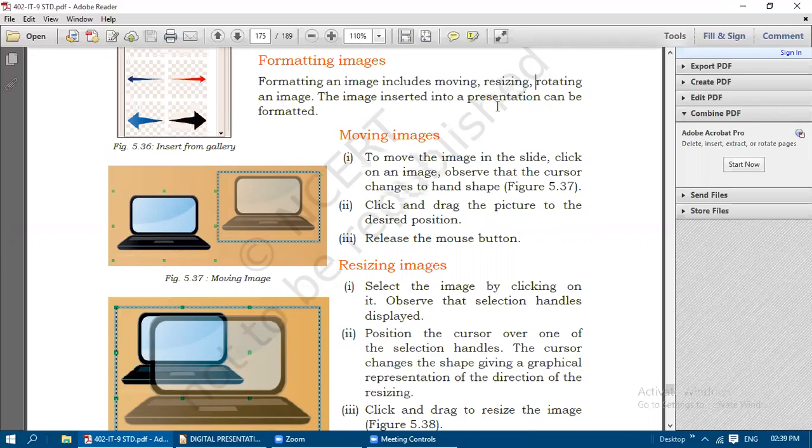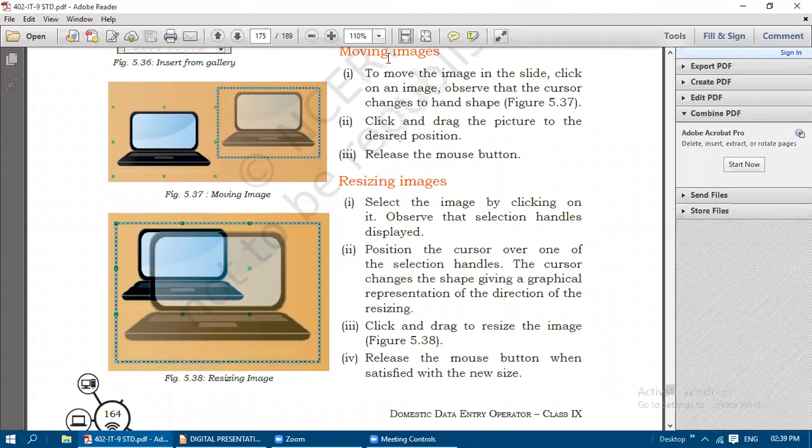The image inserted into a presentation can be formatted. So for the first one, moving images. To move the image in this slide, click on the image. We need to select the image first. Observe the cursor changes to the hand shape. If the cursor changes to the hand shape, click and drag the picture to the desired position and then